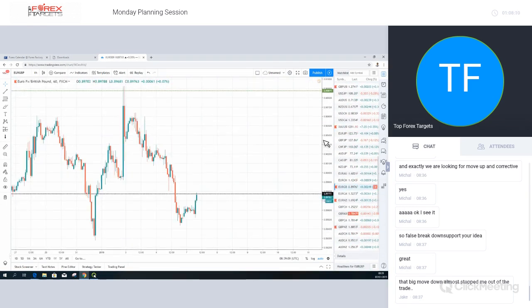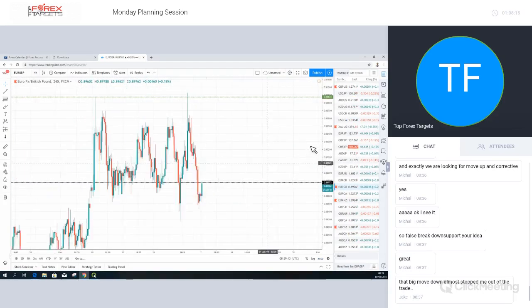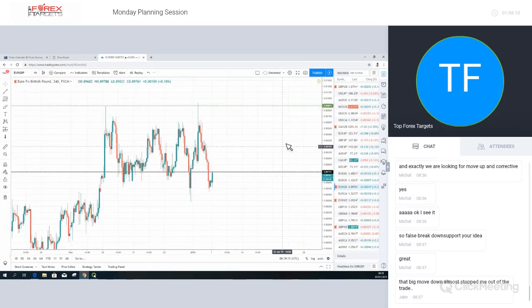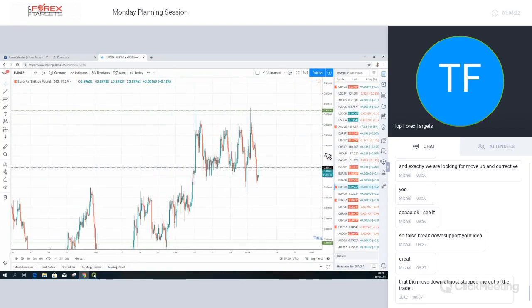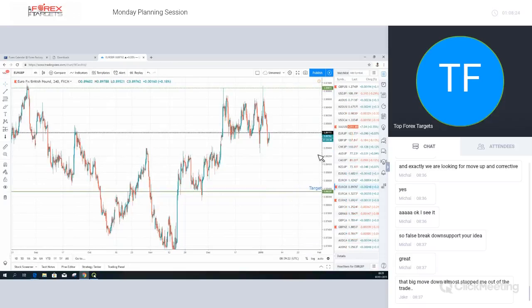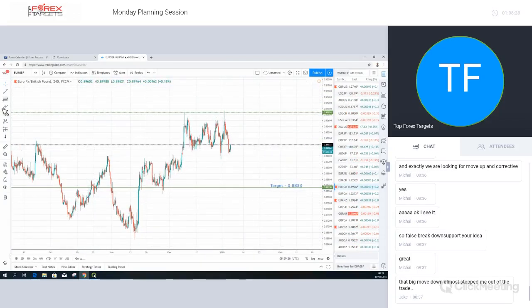Euro pound, we have this, which needs to be caveated slightly with the fact that this is counter trend. You can see it looks like we have, and the reason that I'm looking at this now is because we have, by the looks of it, 1, 2, 3, 4, 5. So it looks like we're going to get an ABC down like this.